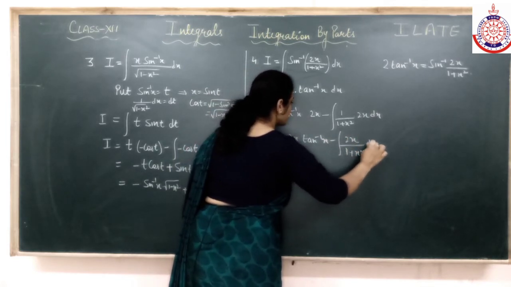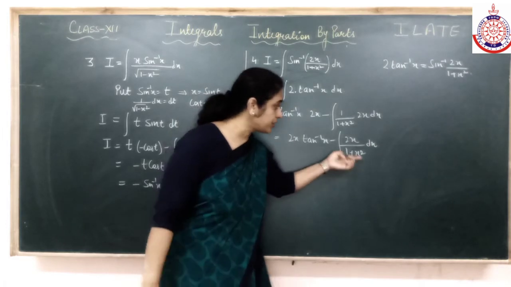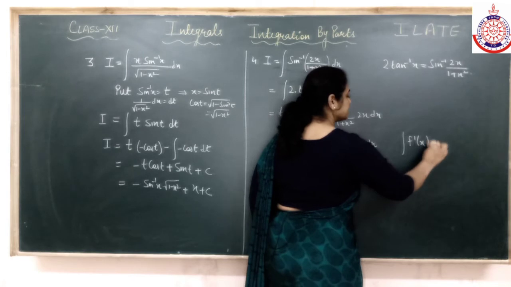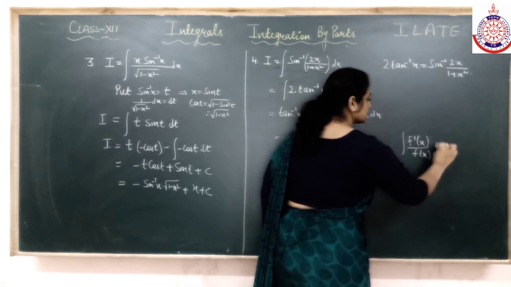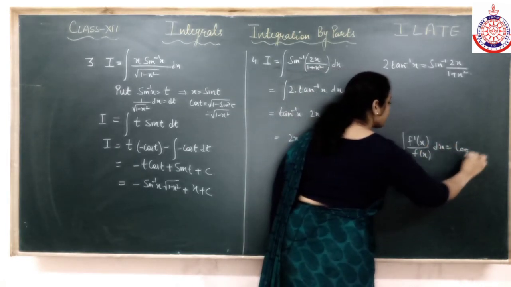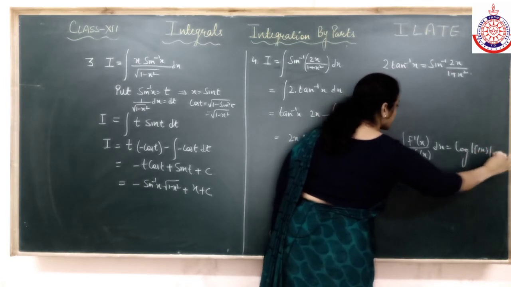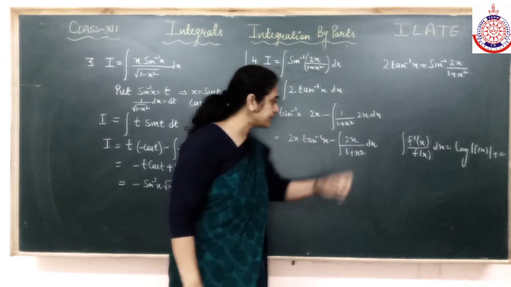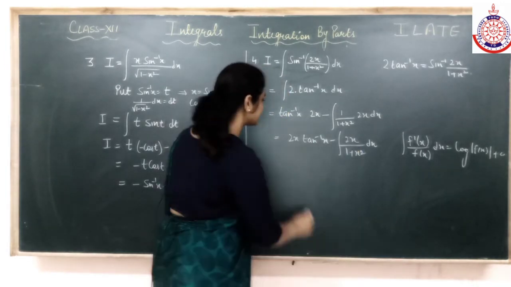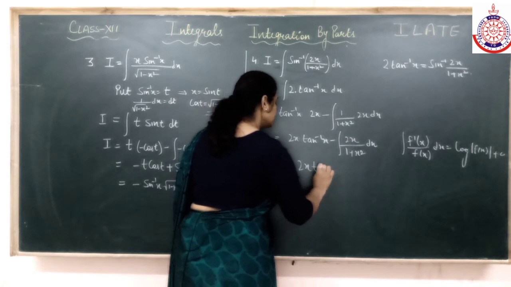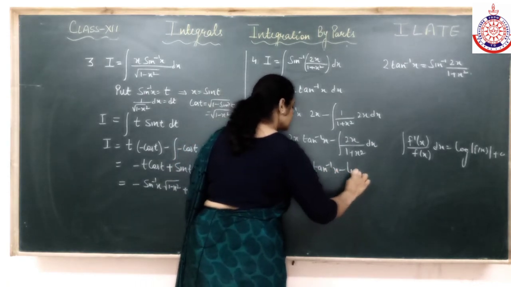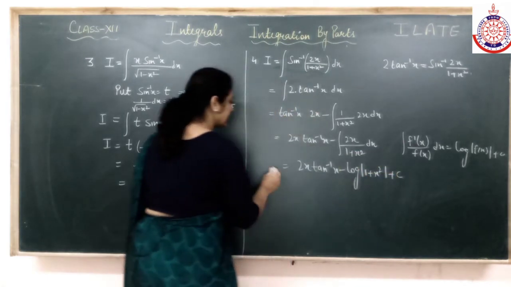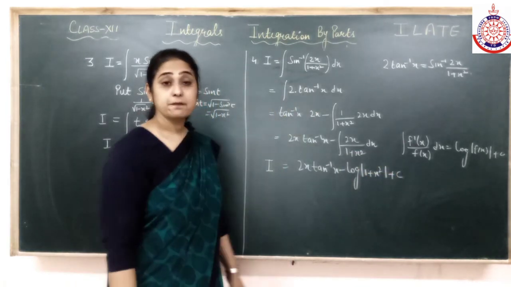by substitution or directly, since its differentiation is completely given, we can apply this rule. Remember, that is log of f of x. Fine. So differentiation of 1 is 0, differentiation of x square is 2x, completely it is given, or you can do it by substitution also, that's your choice. So that will be log of 1 plus x square, that's the answer. Is this clear?